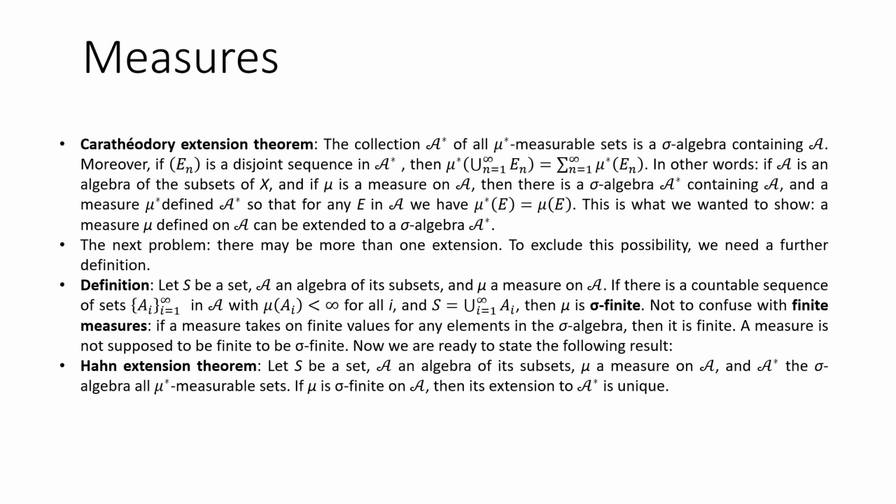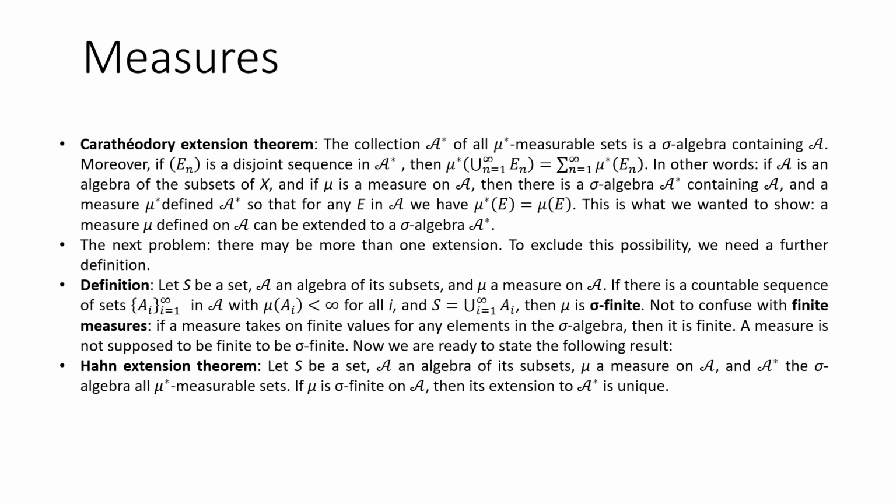So according to the Carathéodory theorem, it is possible for us to define a measure on an algebra and to extend it to a sigma algebra that contains those subsets for which the adding of property holds. But there is a problem. The Carathéodory theorem leaves open the possibility that there may be more than one extension of the measure defined on the algebra. In other words, the extension may not be unique, and